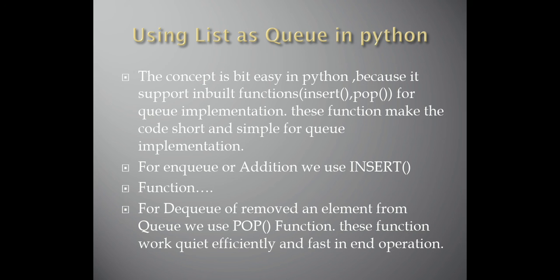In a queue, suppose at a railway booking station, a queue forms here. First in first out. The person who comes first for the ticket will leave the queue first. Okay, right? Stack is based on LIFO. So that is the basic difference between the two, and we are using two functions, insert and pop. Suppose I want to enter some item in my queue, I will use the insert function, and suppose I want to remove some item from my queue, I will use the pop function. Okay, and now you can basically differentiate the two. Stack is LIFO based, queue is FIFO based. Append and pop for stack, here we are using insert and pop.